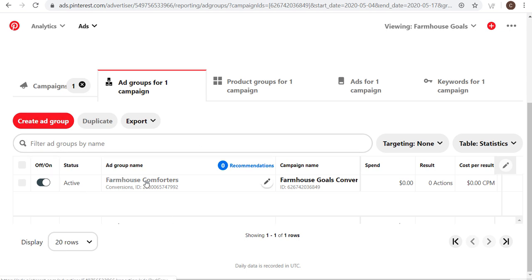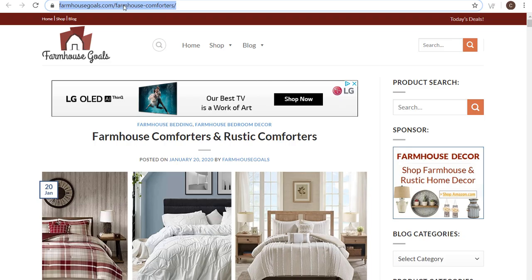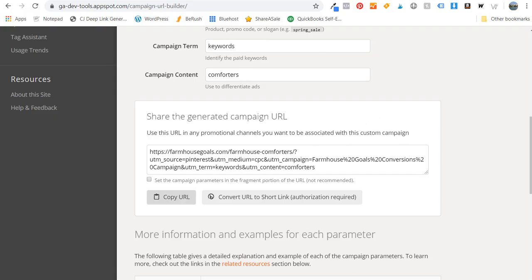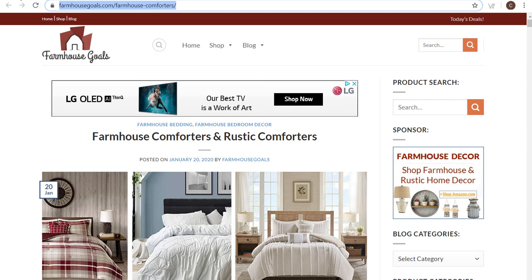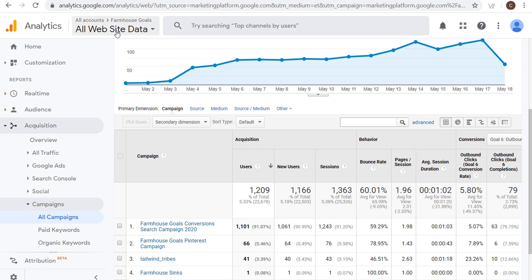So I have my existing ad group with Farmhouse Comforters. I'm targeting Farmhouse Comforter keywords. I'm sending traffic to this page, and I'm tracking my campaign into Google Analytics using the Google URL Builder. To show you what it looks like when I'm tracking my campaign into Google Analytics, I'm going to come over here to Google Analytics, and you can see I'm in my Analytics account